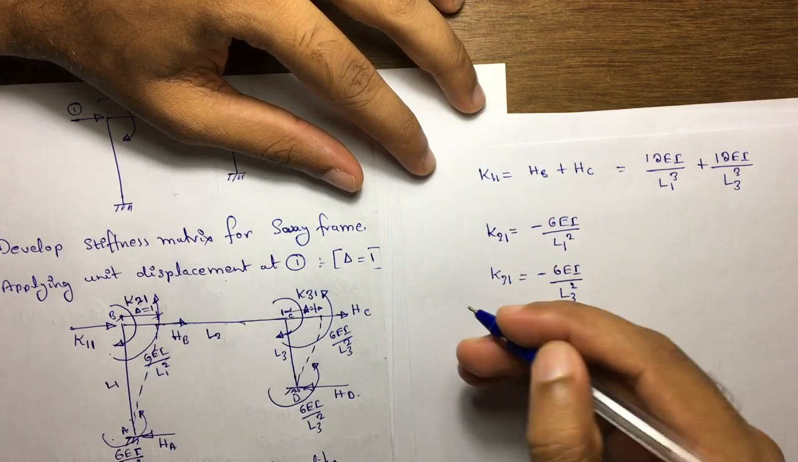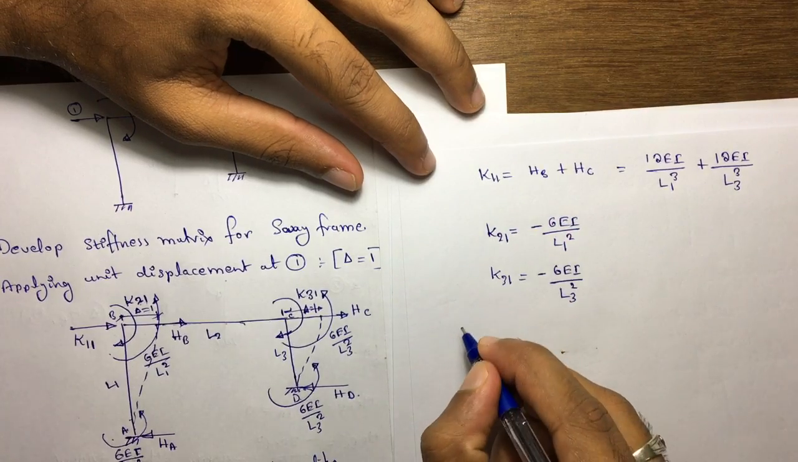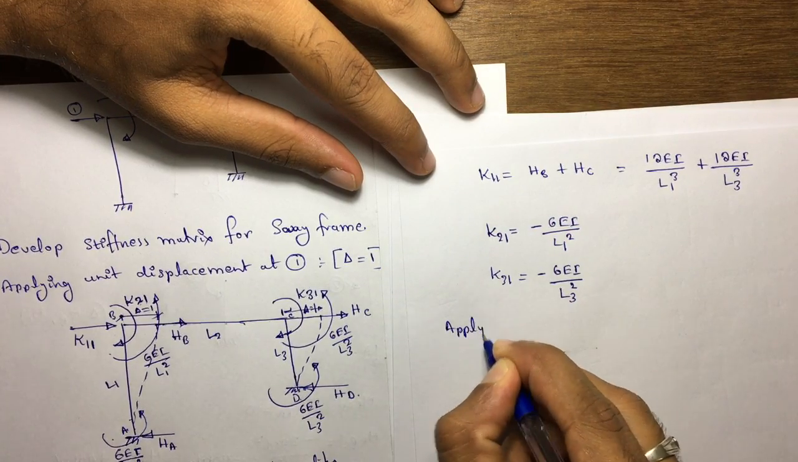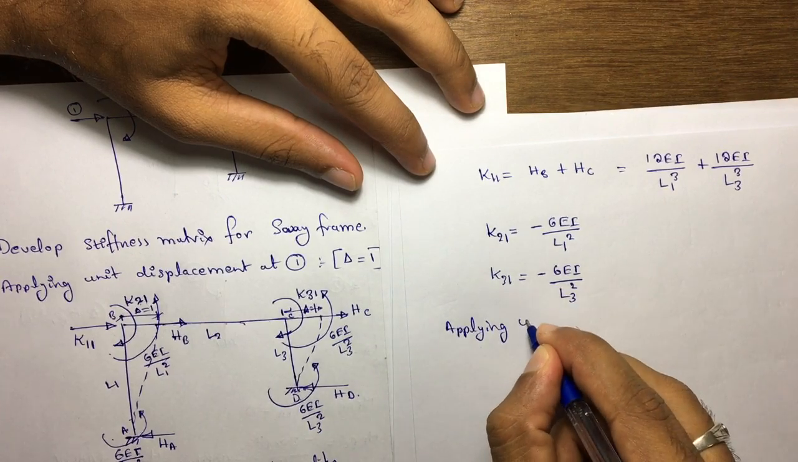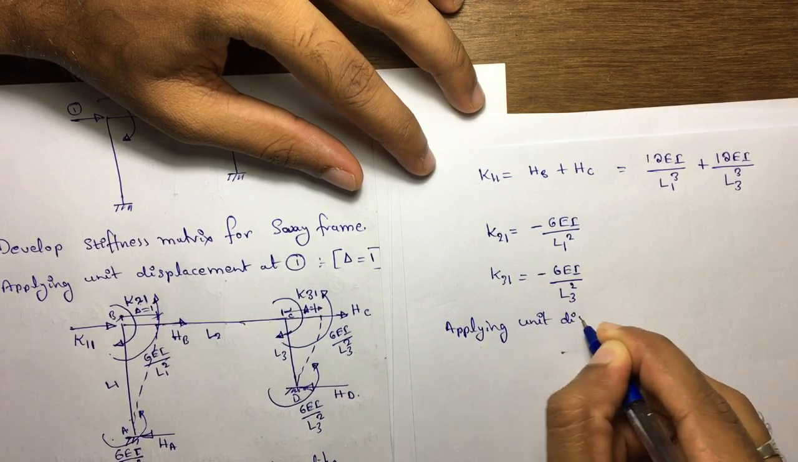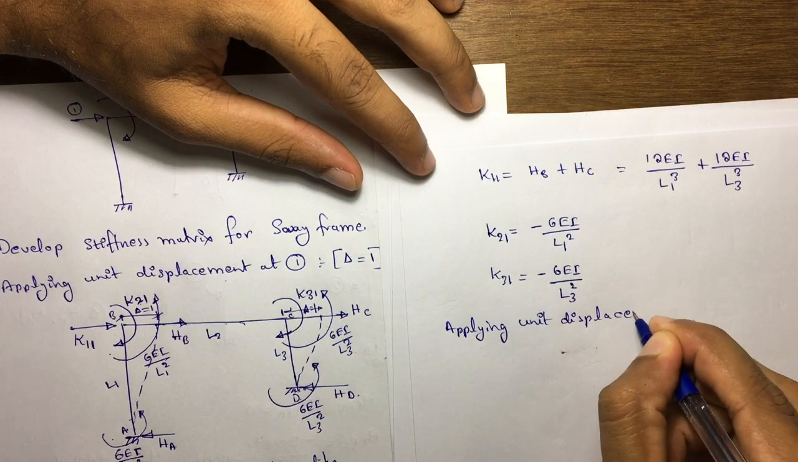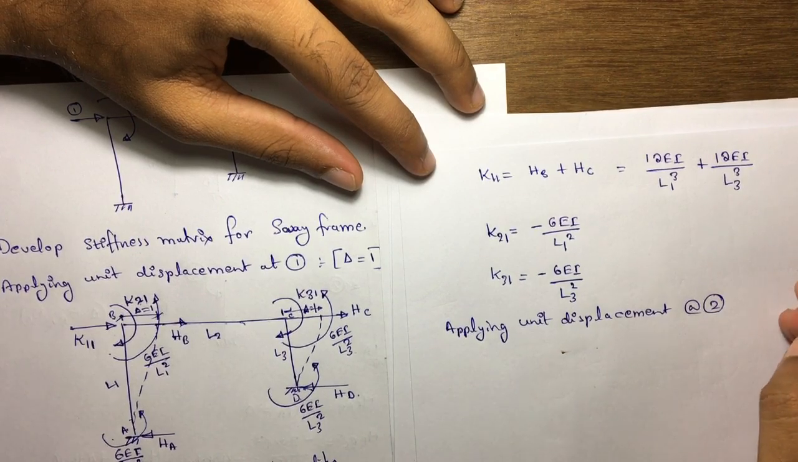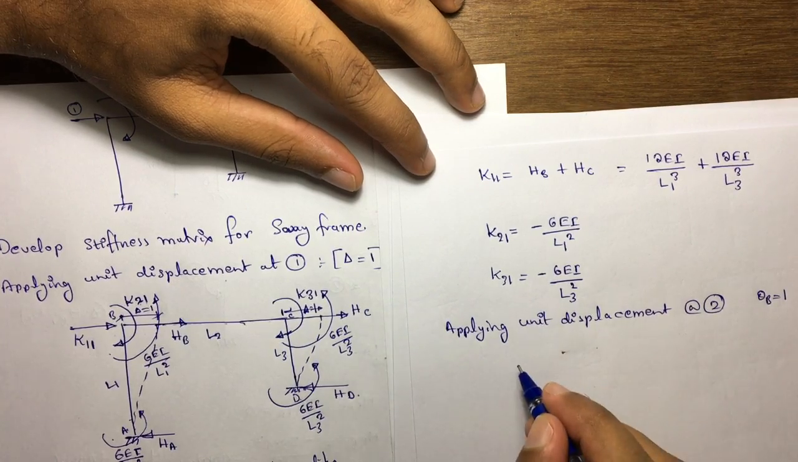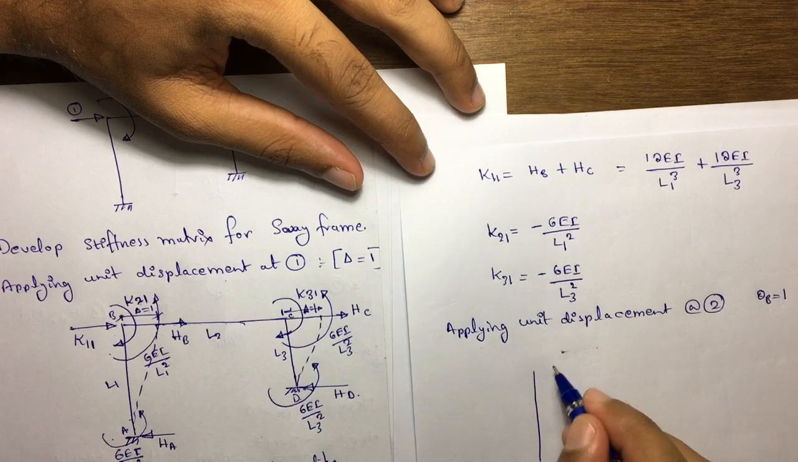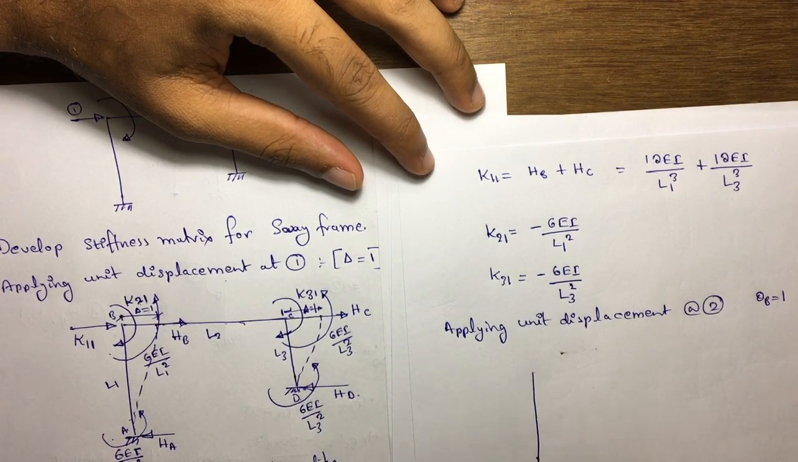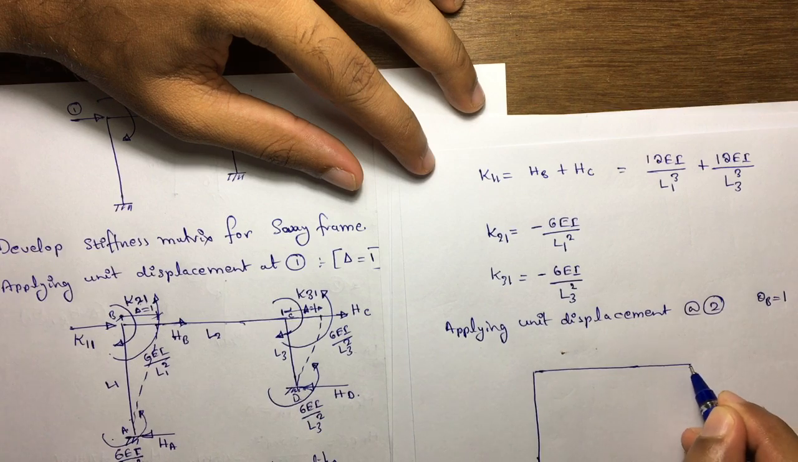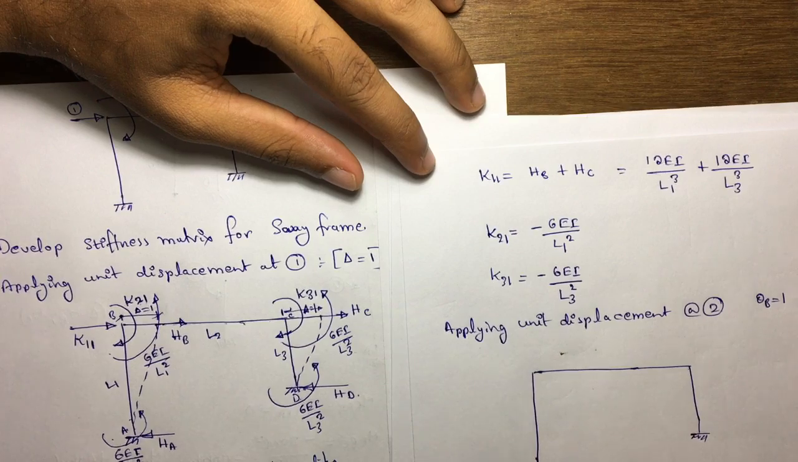Next we have to find the other three terms. For that, applying unit displacement at coordinate 2, that is theta b is equal to 1. Let's see how to draw the figure. I will consider the same frame whatever we considered for our problem. So this frame,